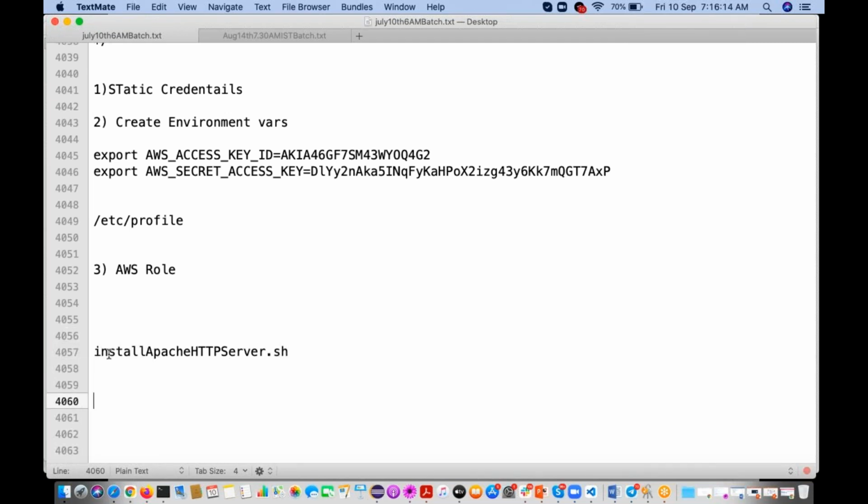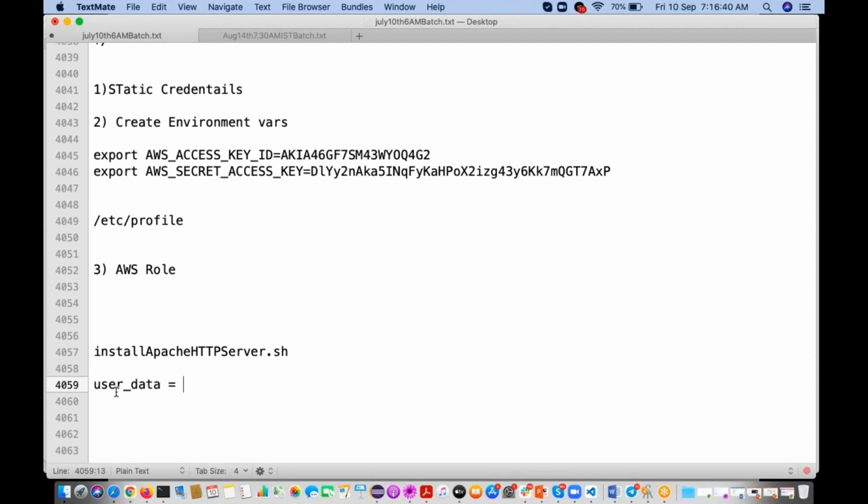While creating the EC2 instance, I want to install the HTTP server. Once the EC2 instance is created, this server has to be up and running. That is my requirement, right? So that time we are going to use user_data is equal to.